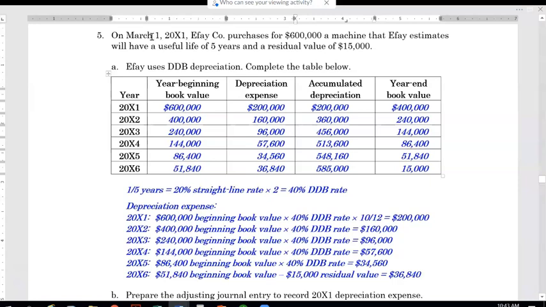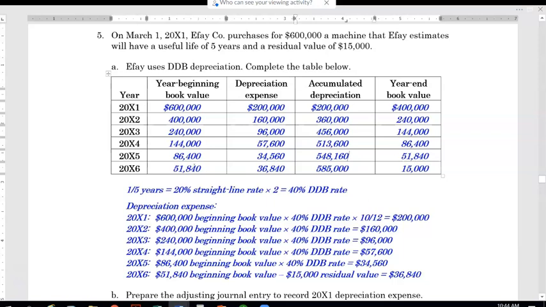But because we bought it in March again, don't forget that tricky part. It's easy to not look at that. So if it's March 1st, it looks like you used it only for 10 months. So you have another 3 months, you have to go to year 6. So in year 5, we multiply by 40%. It gives us 34,000 plus 513 from last year, it will become 548. 548 minus 600 is